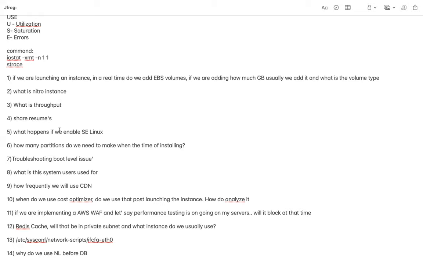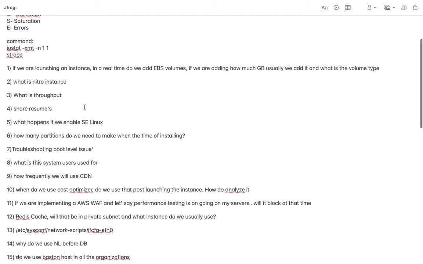If there is an application server like WebLogic, WebSphere or JBoss, 15 to 20 GB wouldn't be sufficient, right? That will depend on the type of application we are going to run. For example, in my previous experience with one organization, by default all the servers were created with 500 GB of disk space.